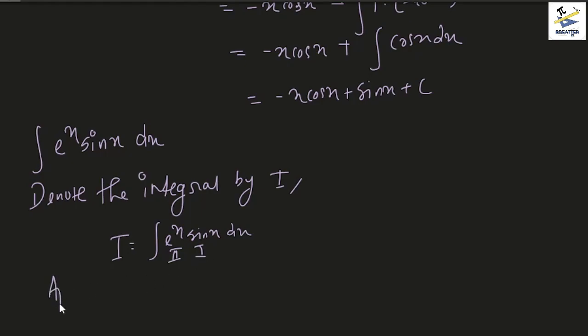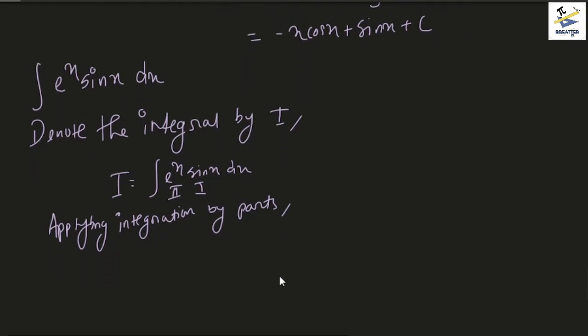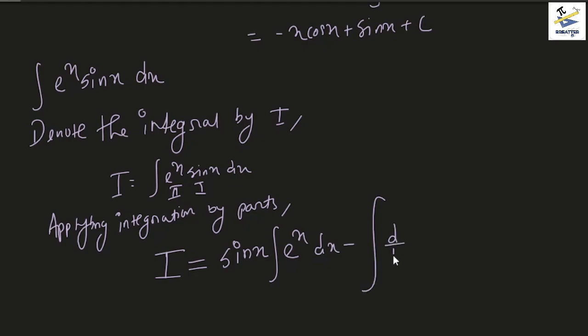So applying IBP, or applying integration by parts, what we have is this: I is equal to sin x into the integral of e to the power x dx minus the integral of d/dx of sin x into the integral of e to the power x dx,